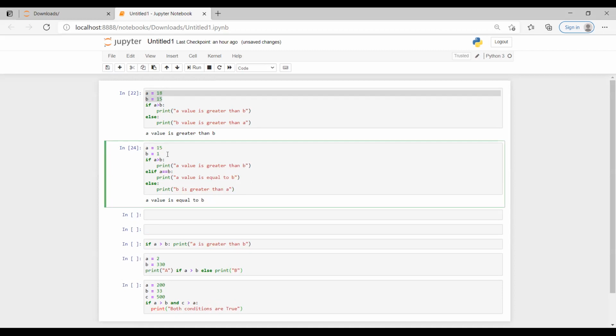What happens if B is greater than A? That means this condition is not satisfied. This condition is not satisfied. If both the conditions are not satisfied, it is going to the else statement. When you execute this one, what is happening? It is showing you B is greater than A. So this is how you can normally do it in terms of